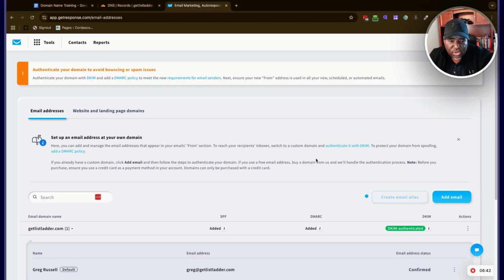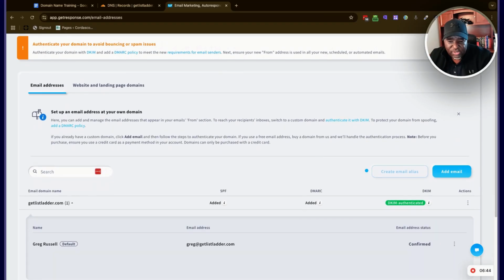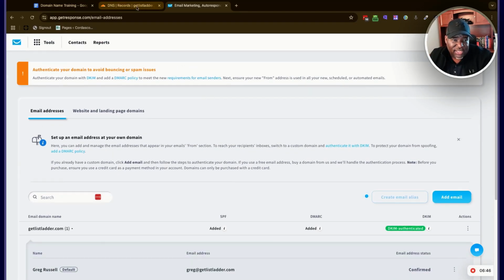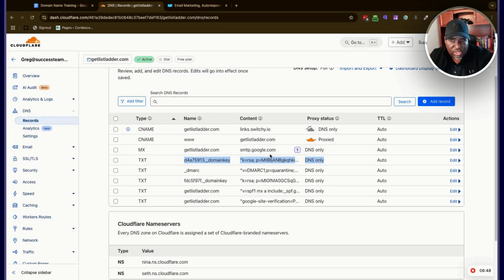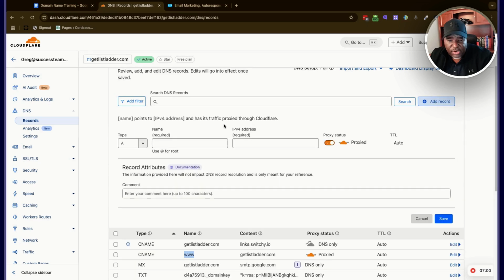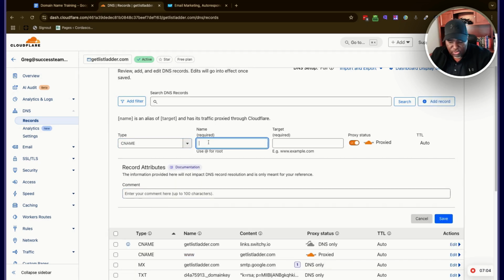And that is how you're able to update DNS records inside of Cloudflare for any service you need. Anytime they tell you to add a record, you can come here and add a record. If it's a CNAME record, which is a subdomain, and you need to send something to a different service, you could do that by adding a CNAME record. You'd come here, and this is alphabetical order. You say CNAME, they would give you something, and then they would give you a place to send it to. And you basically save that.